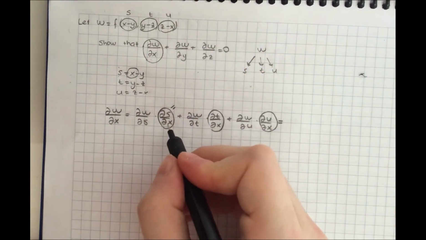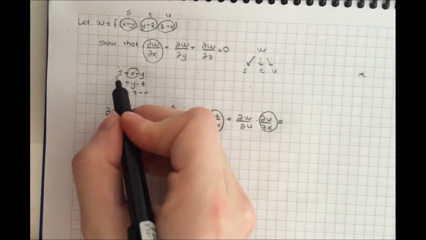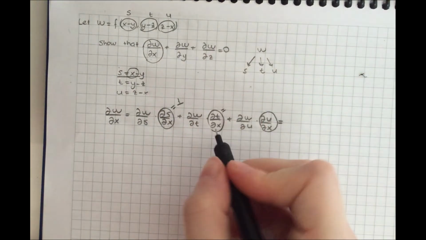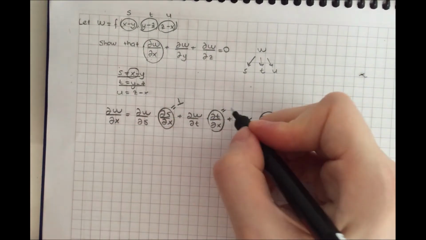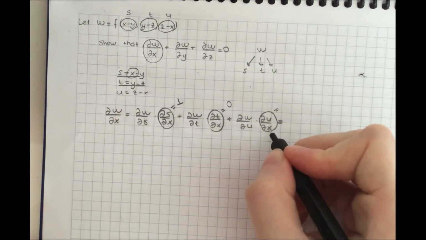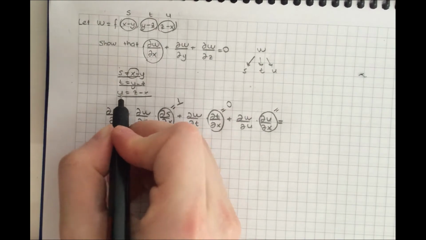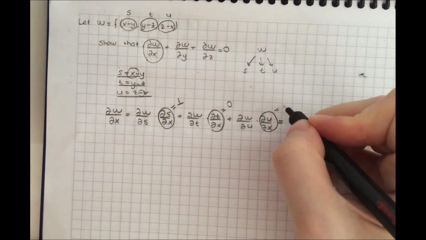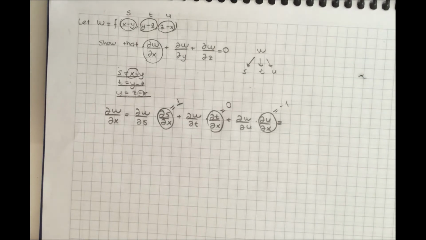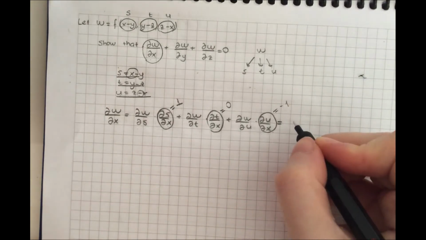The partial derivative of s with respect to x is plus 1, and the partial derivative of t with respect to x is 0 because there is no x here. And the partial derivative of u with respect to x is minus 1 because the derivative of minus x is equal to minus 1, and we have to write